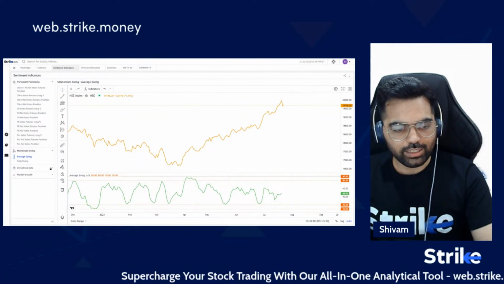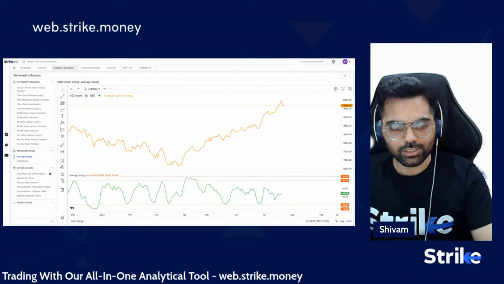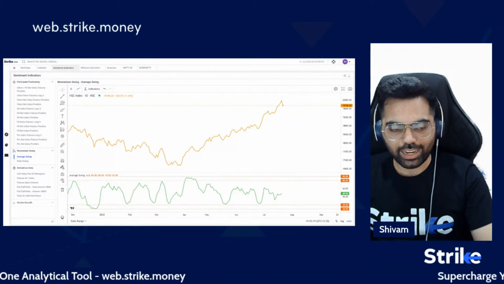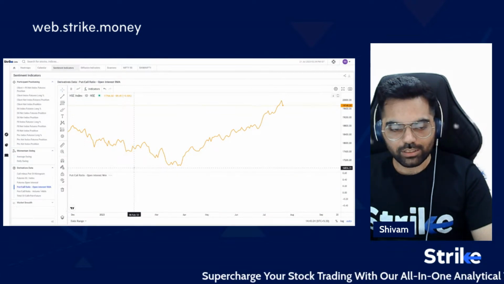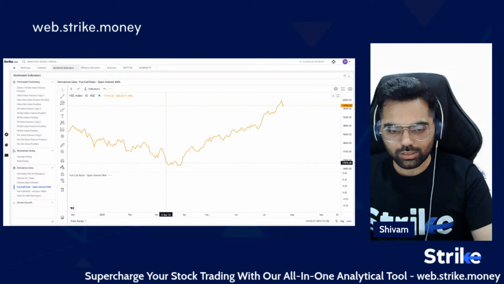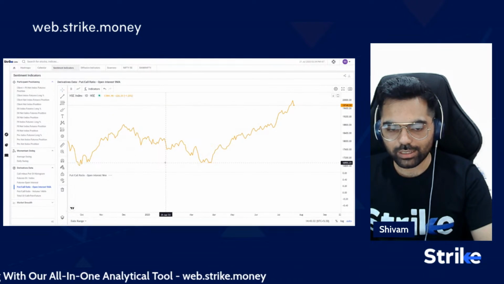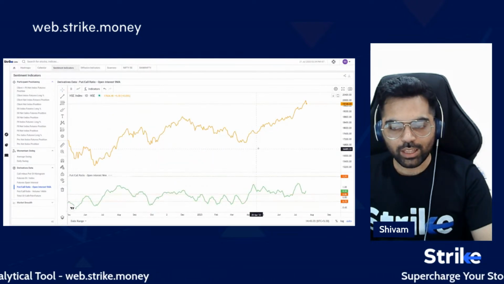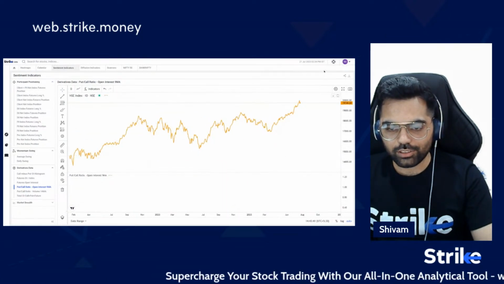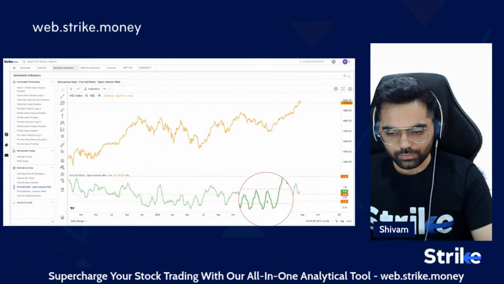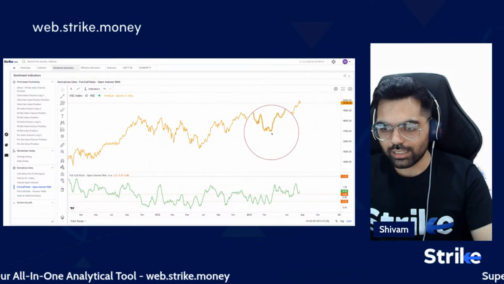Now, interestingly, in derivatives data, you will get indicators that are not available anywhere else. You can come to web.strike.money and check them for yourself. I'll go to the OI PCR, which is a market-wide put call ratio, meaning all stocks and indices based on OI, and it is a 9-day moving average. When plotted against the Nifty, it can give us short-term or medium-term signals. As you can see, when it goes to extreme lows like 0.7 or so, that is where the market is seen to be bottoming.